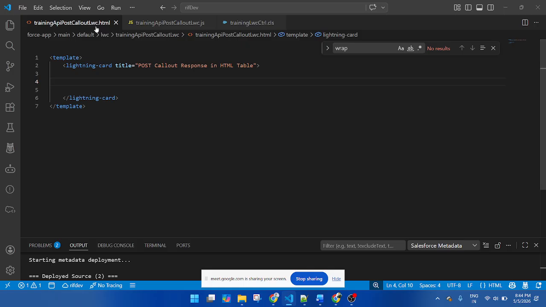So in the LWC component, first I will create an input field.